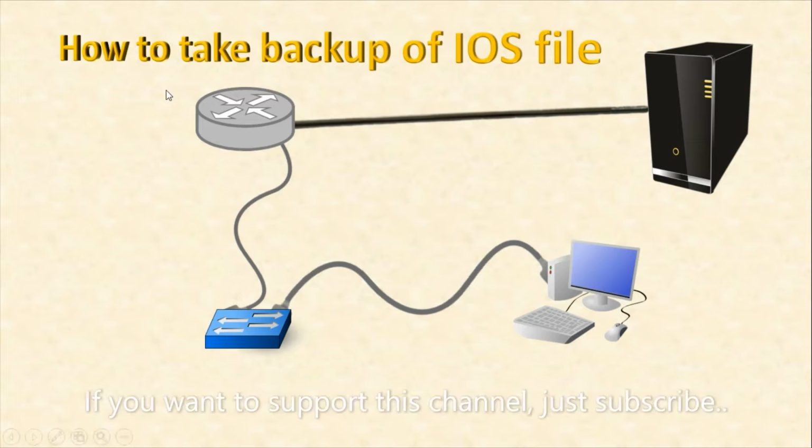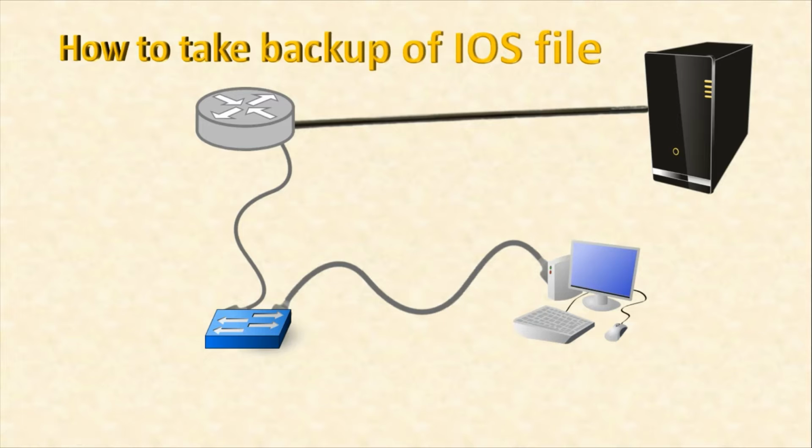Purpose of taking the IOS file as a backup: a network engineer is sitting here and wants to take the backup of this IOS file into the server. So he has to access this device remotely or physically. The network engineer may not be at the device physically, because he is managing multiple devices remotely. So he has to open a remote session of the router or switch.